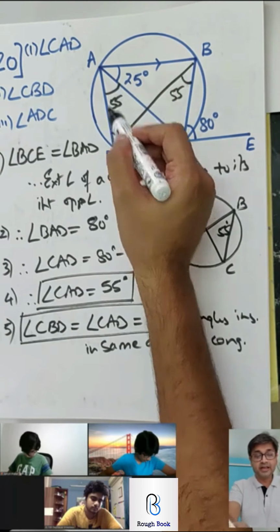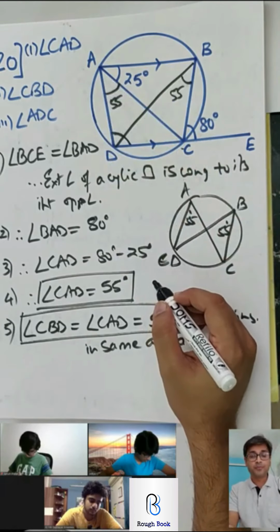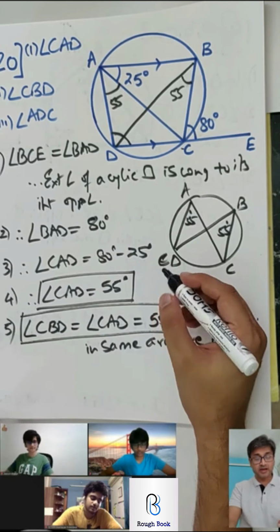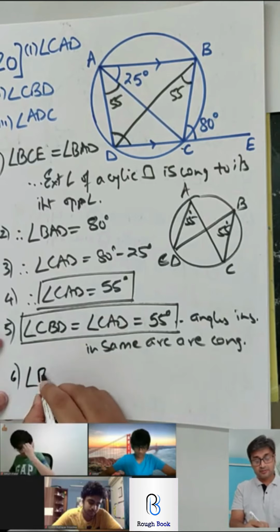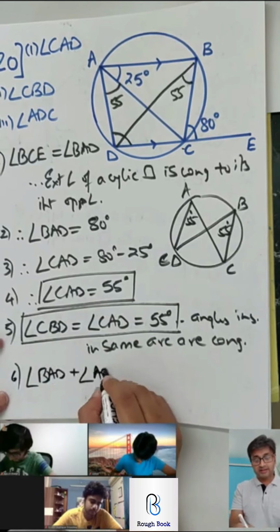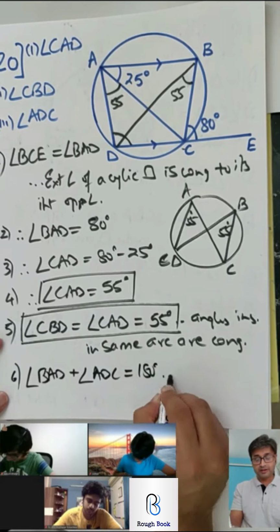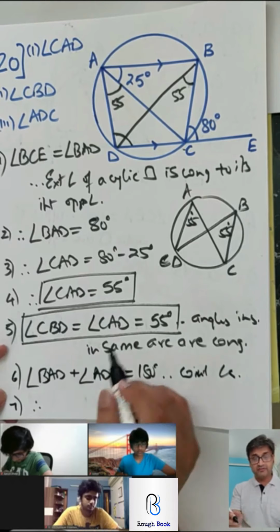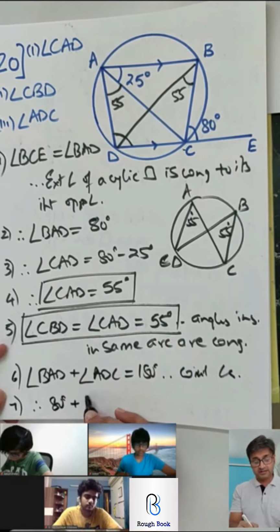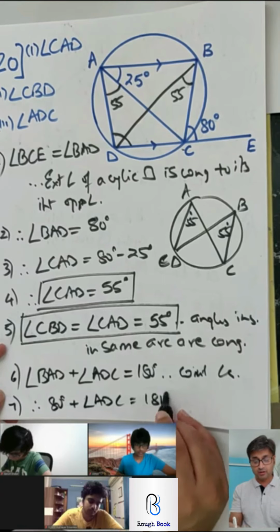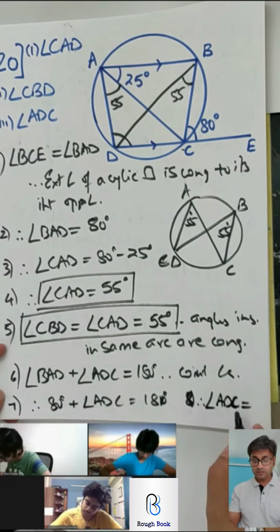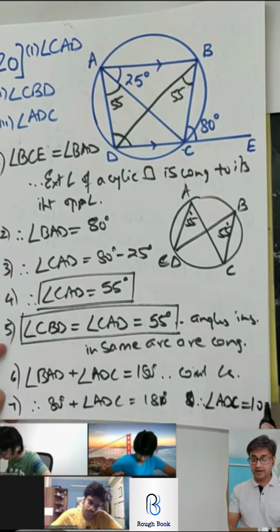Can we say that BAD and ADC is equal to 180, co-interior angles, and directly finish it off? Are you all getting it? That's the easiest way, I believe. So come on, let's write it. BAD plus ADC is equal to 180, co-interior angles. Balan, what you said was correct, but I believe we need to save our time. That's the easiest method I know right now. So my step 8, therefore angle ADC will be 180 minus 80. How much did you get? 90?